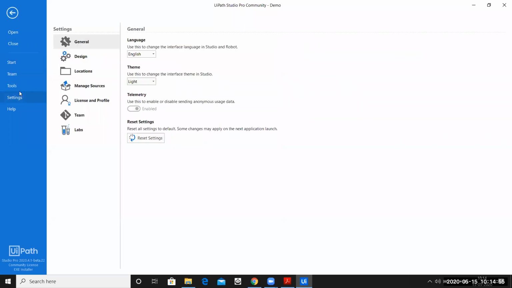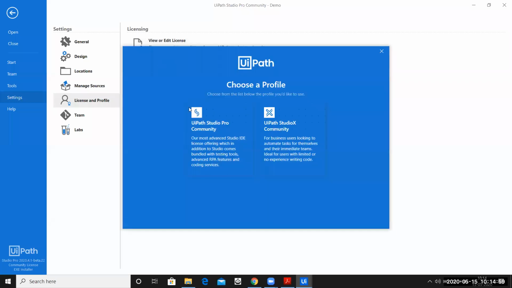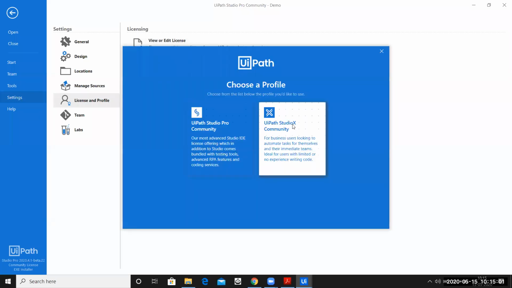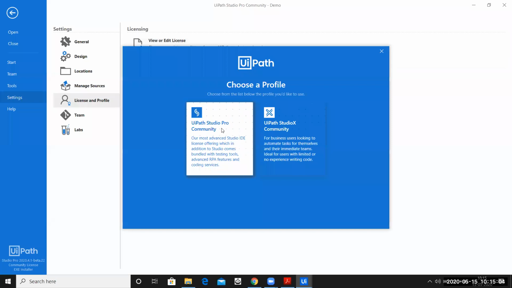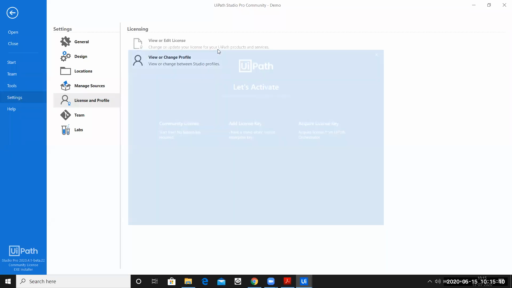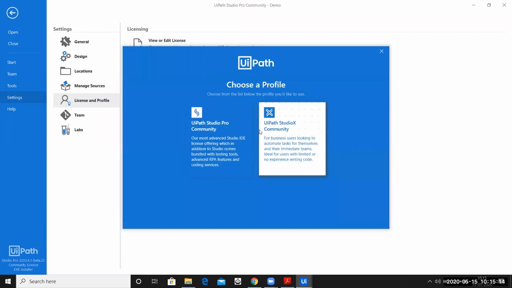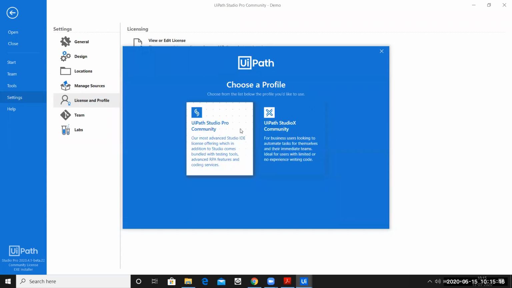When you click on settings and then license, here you have change your profile. Here you can switch between UiPath Studio X or UiPath Studio. So people who have mistakenly opened Studio can always come back to settings, click on the profile, and then switch back to Studio or switch back to community.